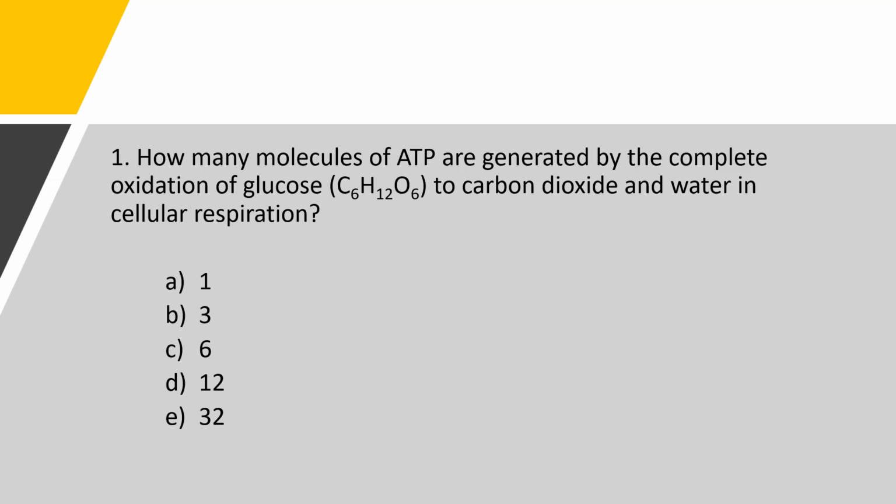Okay, so with question 1, how many molecules of ATP are generated by the oxidation of glucose in cellular respiration? The answer is 32. And this is just an average, remember. So your professor or the book you're reading might say 28 to 34, and that's okay. Just remember, it's going to be about 32 molecules of ATP, and if you're being tested on this, well then,